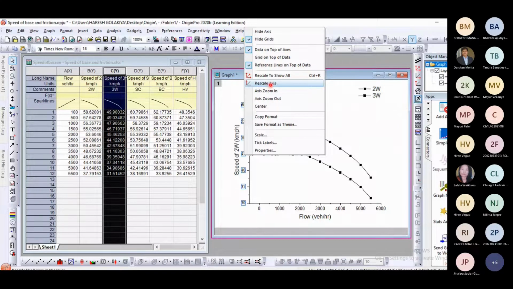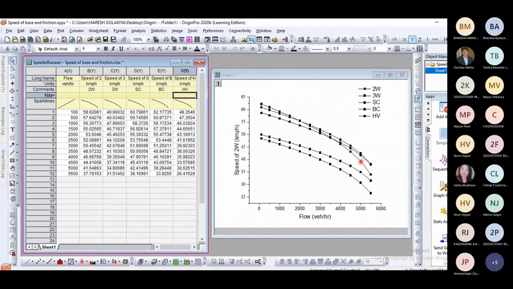Here we can rescale the axis because the maximum and minimum values for this data are different, so we have to rescale the axis. According to the combined maximum and minimum, it can be reflected here. Now all categories of vehicle speed are added here, and finally the chart is ready.